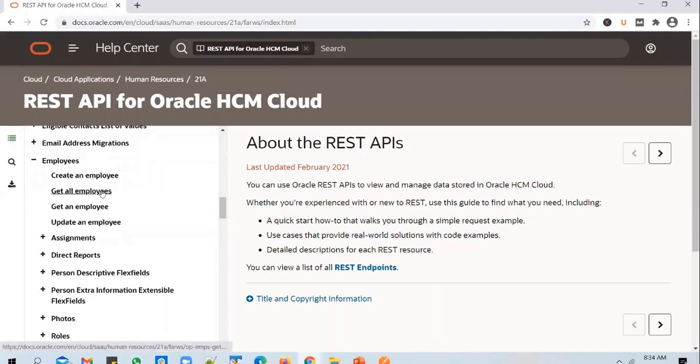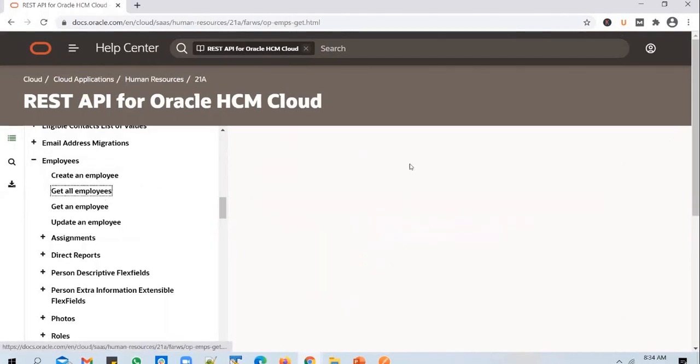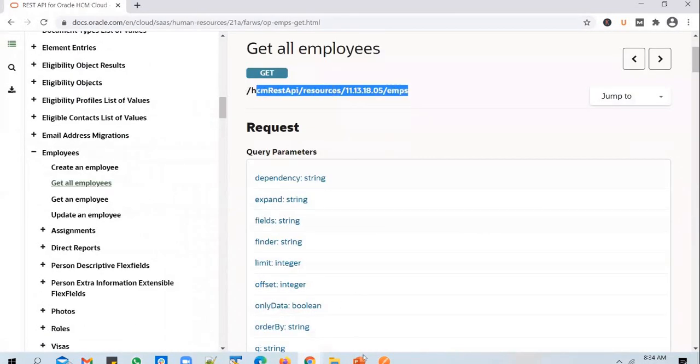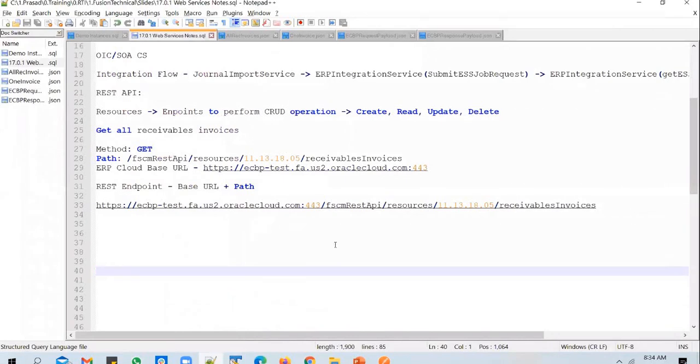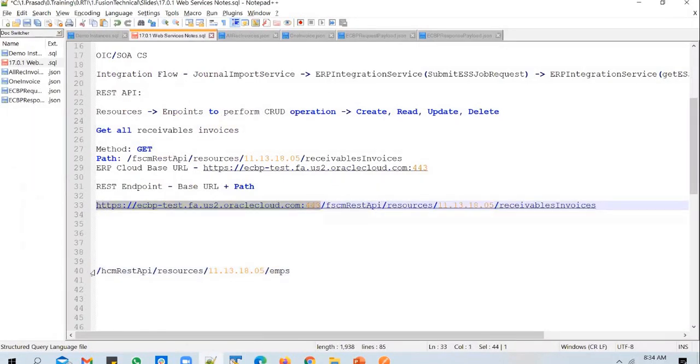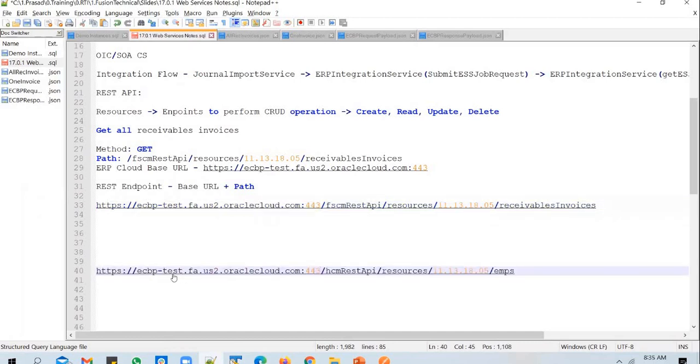Say, for example, if you want to get all employees, you click on the get all employees endpoint. You pick it up and go to the endpoint that you have created. To this endpoint, prefix the ECBP instance URL followed by the port.